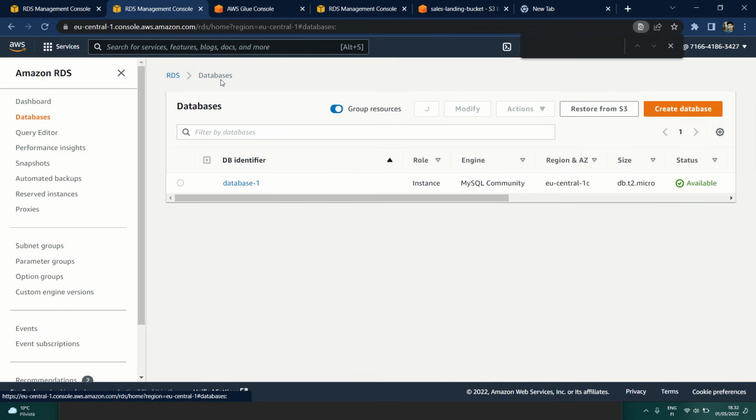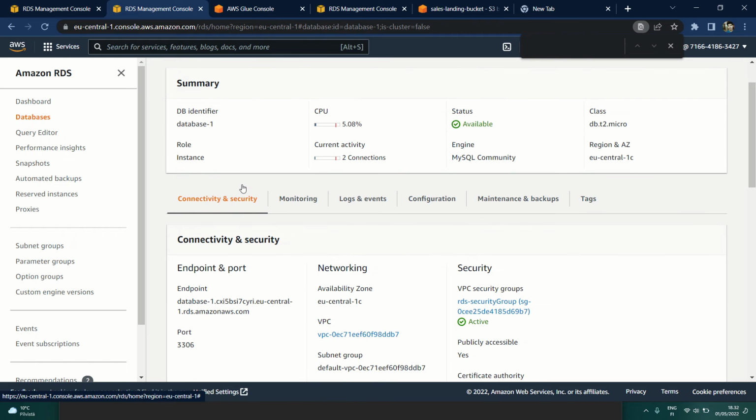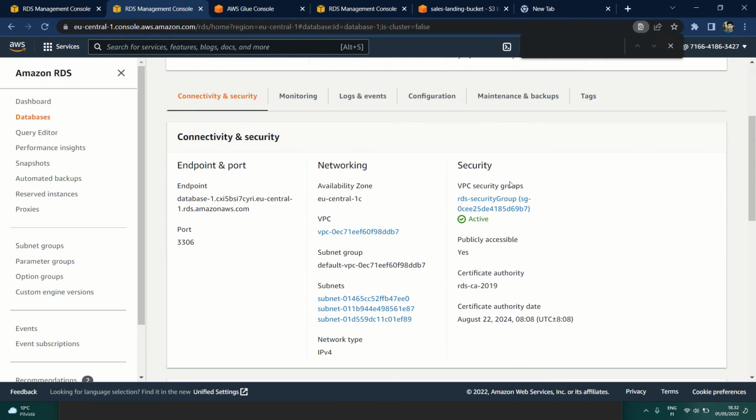Here you can see we already have one database running, this database 1, and we are going to see what's in it. When you create a database, you get an endpoint. This is the URL for you to connect to your database from your local machine. In order to connect to a database from your local machine, you also need a security group inside your VPC, that is virtual private cloud. So we are going to see what a security group is. If you open a security group,